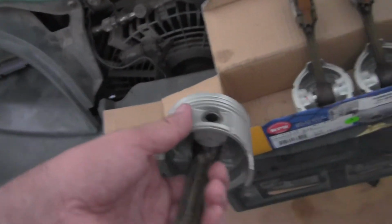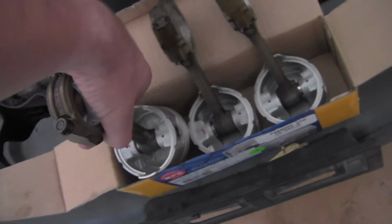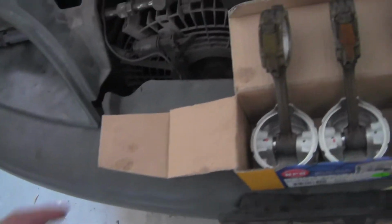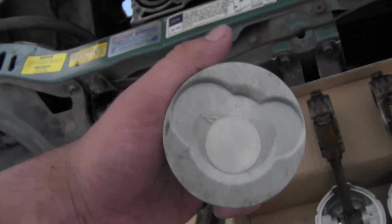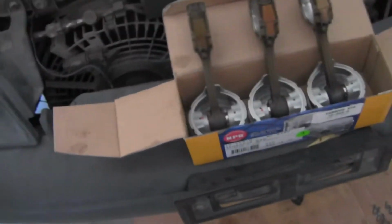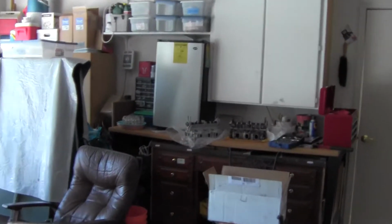So I paid $40 to have them all put on the proper way, and I did check them. They were on all the right connecting rods and everything. The Mickey Mouse ears are facing in the right direction on all three of them. So that's good. Before I move on to the old and new over there,